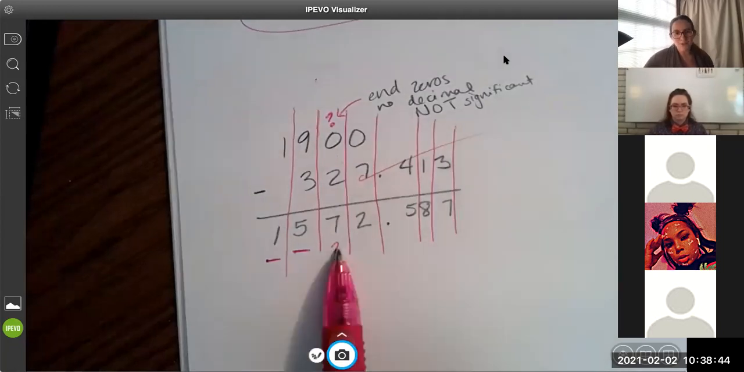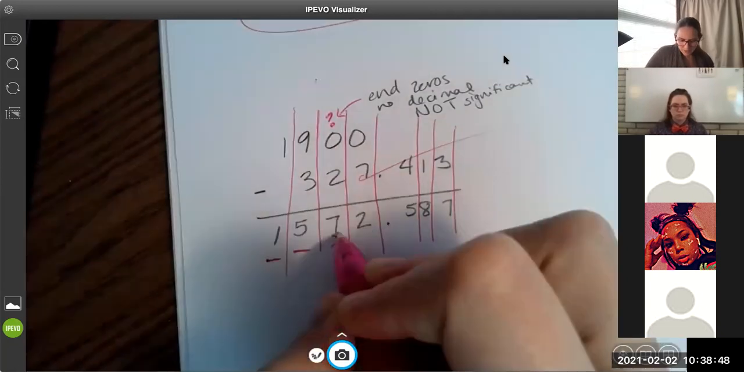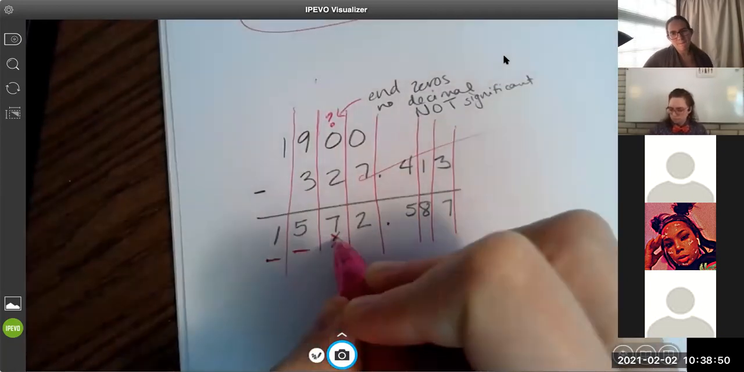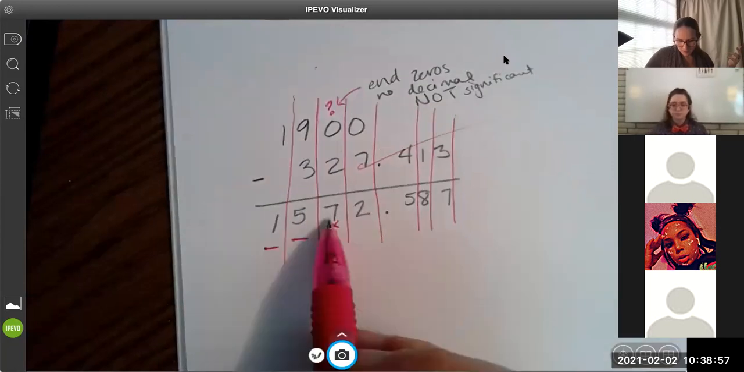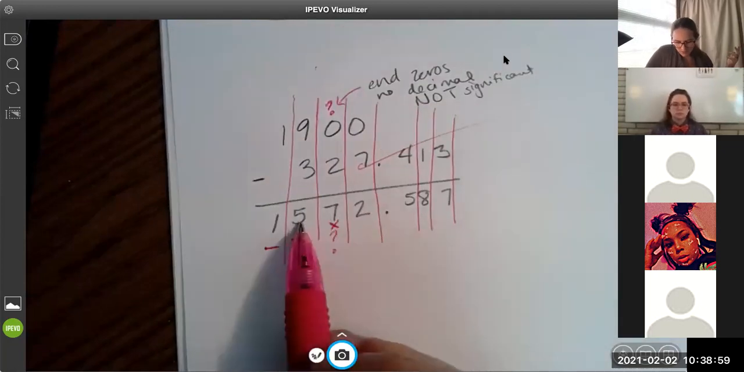The biggest place value that you have a question mark, round with that place value. 7 rounds up. That 7 will round up. So 5 will become a 6, and you've got